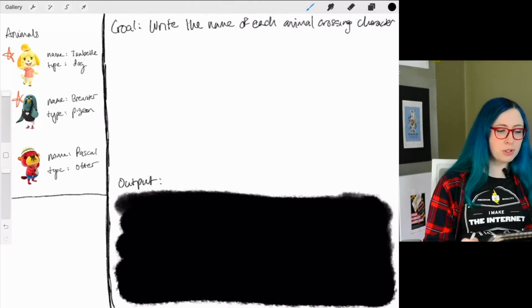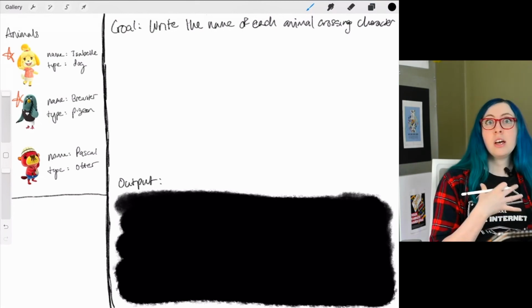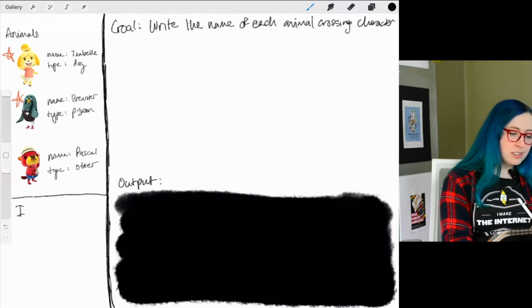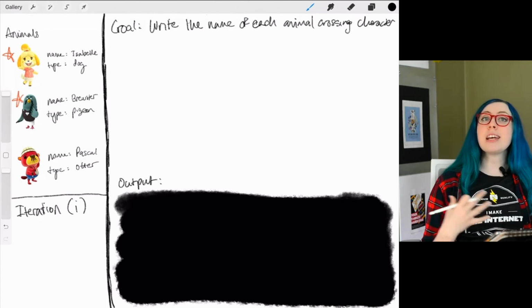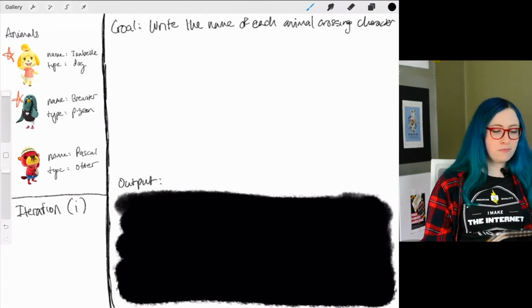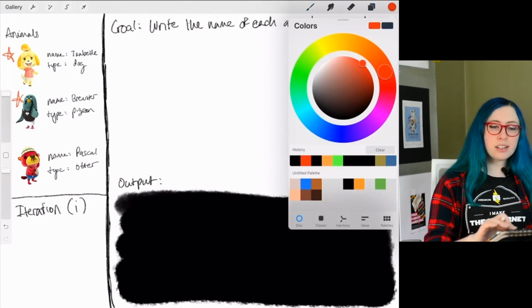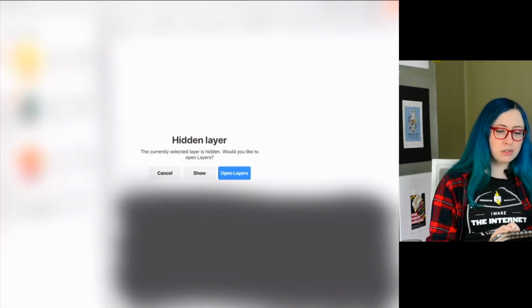So just to make that super clear, I'm going to write this in my work area, and I'm going to make a new type of data that will keep track of those iterations. So let's call this iteration. And I'm going to put in parentheses i, because you're going to see this abbreviated as i a lot in JavaScript. And every time we do an iteration, all we're going to do is go back, and just like we were tallying something up on a board, we're just going to mark it down.